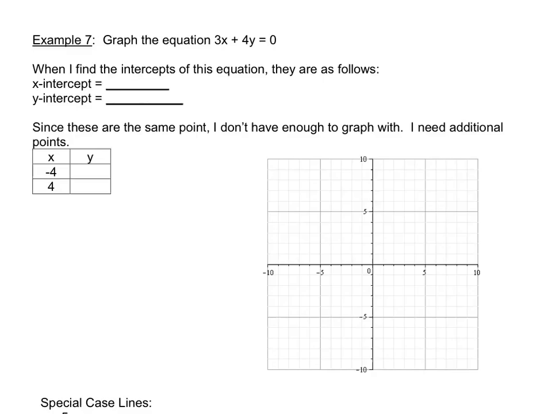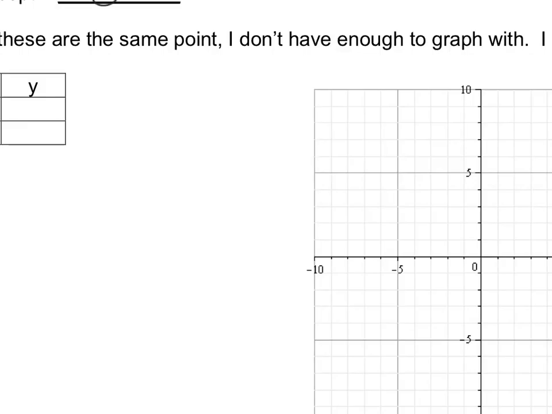Okay, so here it says graph the equation. When you find the x-intercept, it's 0, and you get 0. So the problem with that is our point, we only have one point to graph because it went through the intercept, so you need to get some more values. So if we look back at our table,